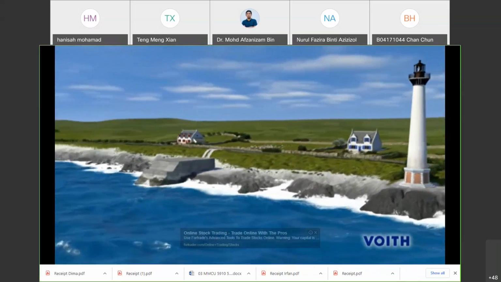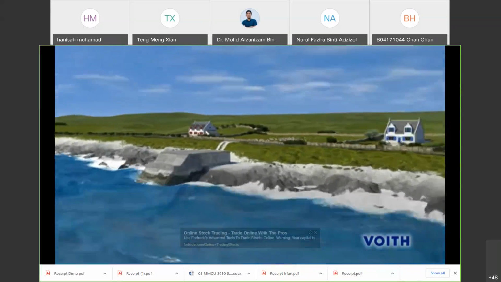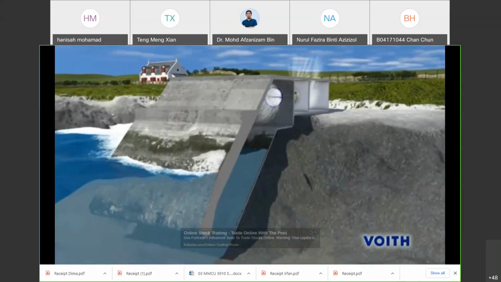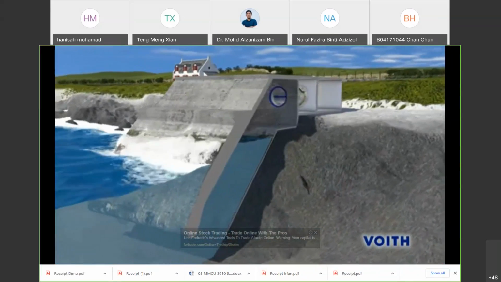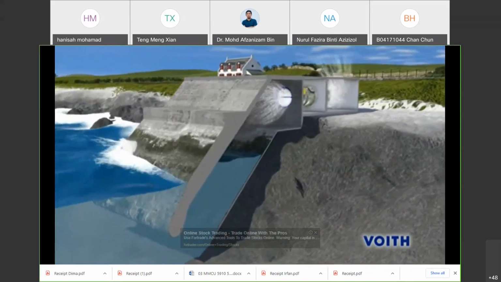The operating principle of this wave power station is as simple as it is ingenious. An enclosed chamber has an opening beneath sea level, which allows